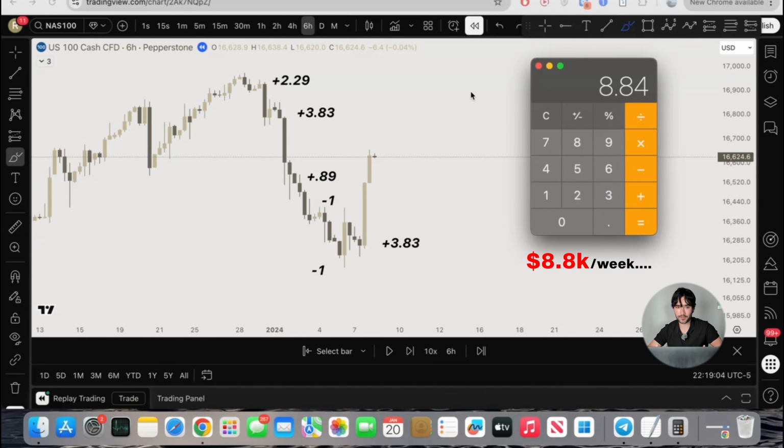But again, you have to look at your P&Ls on a month-to-month, on a year-to-year basis. For example, in the month of January, this system might perform very well, and we might make 20K for the month. The next month we could lose 5K. The next month we could break even. It all comes down to your month-to-month and your year-to-year basis. And of course, it comes down to dialing your risk management, scaling your account, being able to withdraw your profits in the long run. And that is exactly what I teach my students.